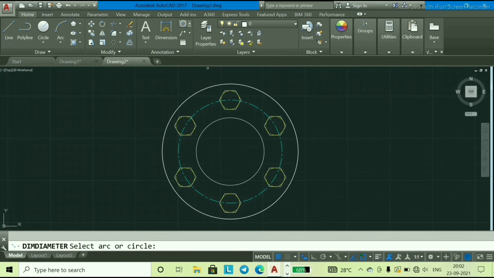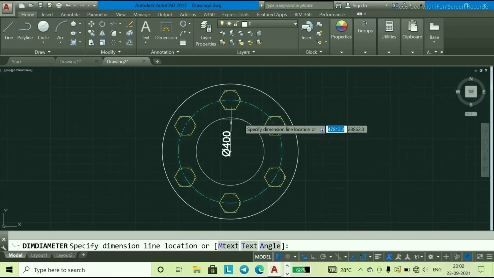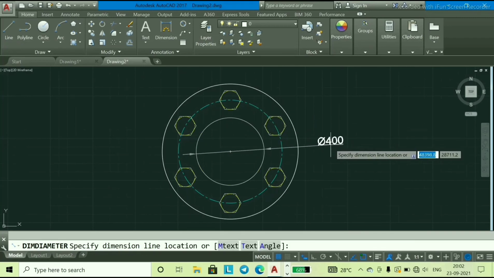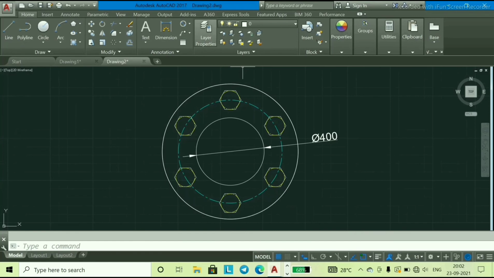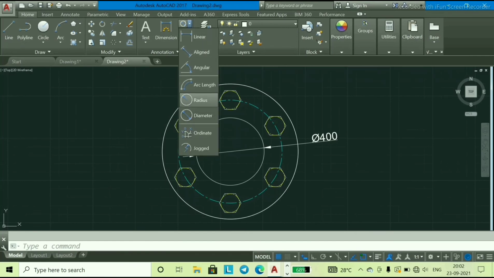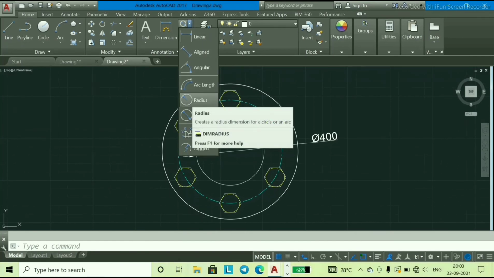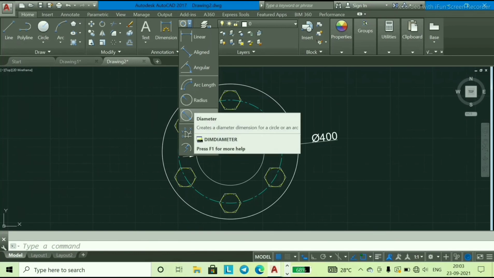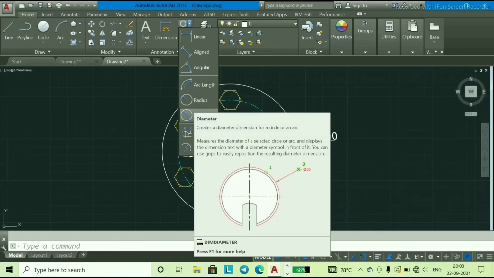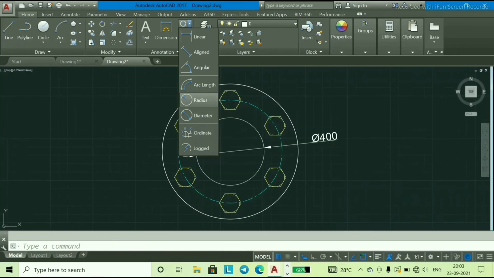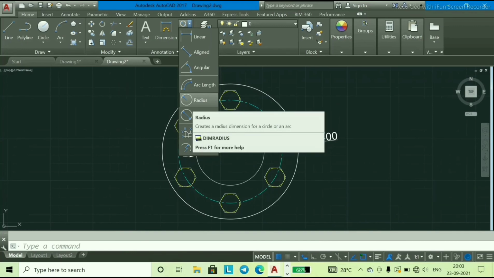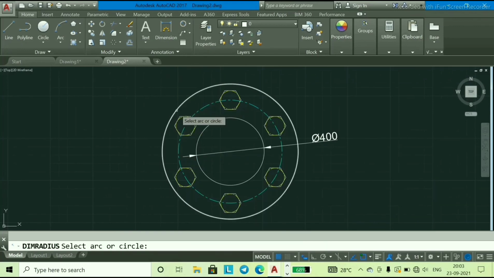Now select diameter dimension. This will create automatically. If I choose radius, then it will show me radius, and if I choose diameter, then it will show me the diameter of any arc or circle. So I will choose radius.